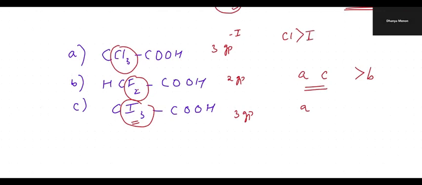So A is more acidic than C, then B, because B has only 2 minus I groups present. Okay. Coming to the next question, if I have